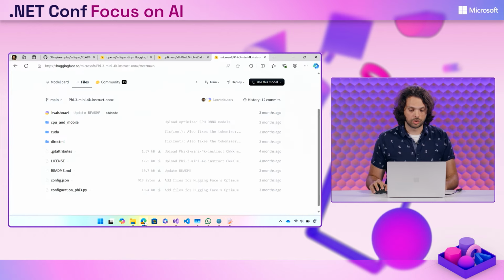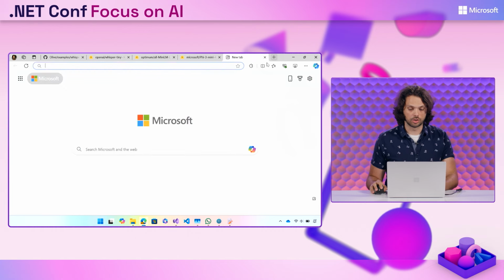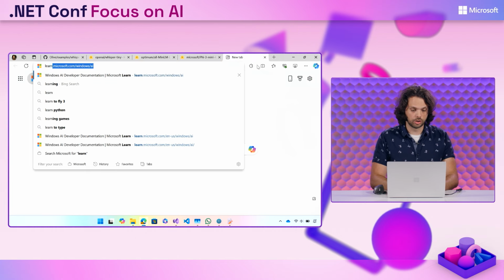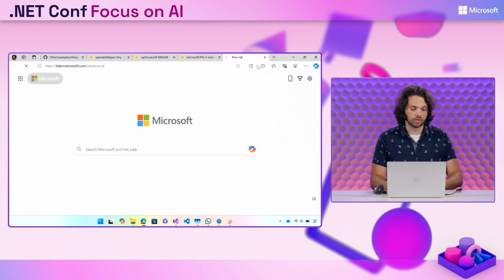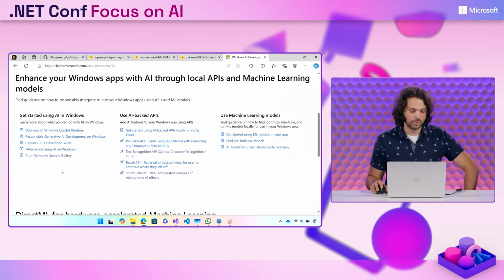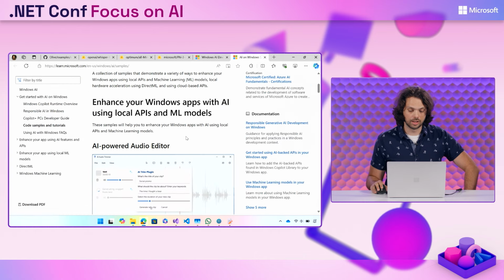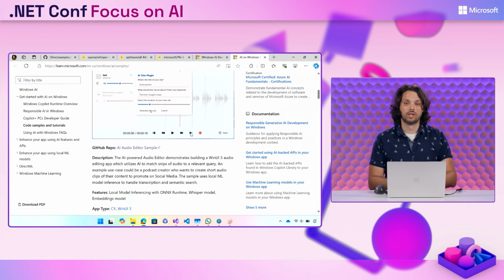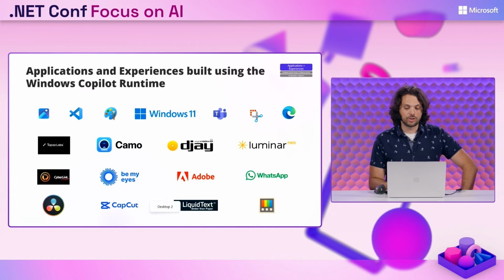One of the best ways to learn about this, and the project that I showed you here is all open source, is to go to learn.microsoft.com/windows/AI, where you'll be able to learn all about the Windows Copilot Runtime. In fact, all of the samples are directly there, so you'll be able to find this sample alongside other samples that show you how to use the Windows Copilot Runtime. Now, just to recap,